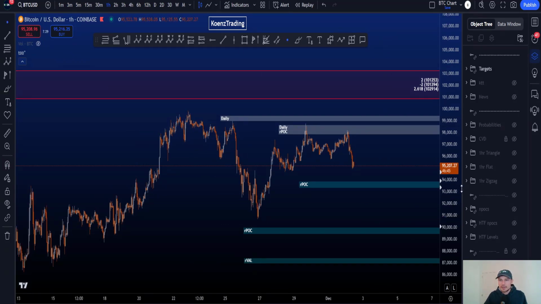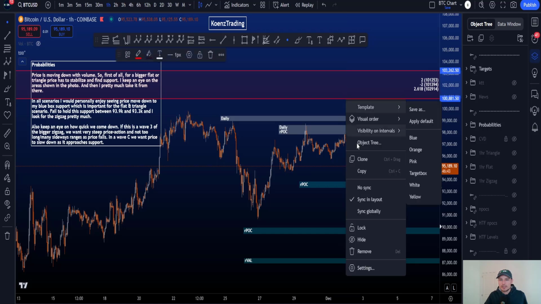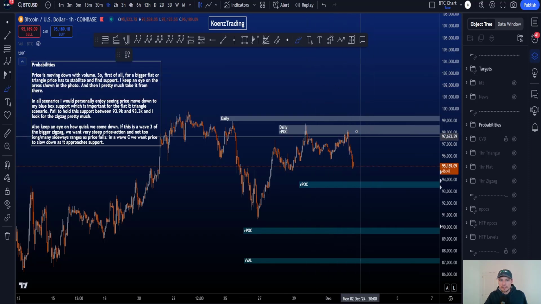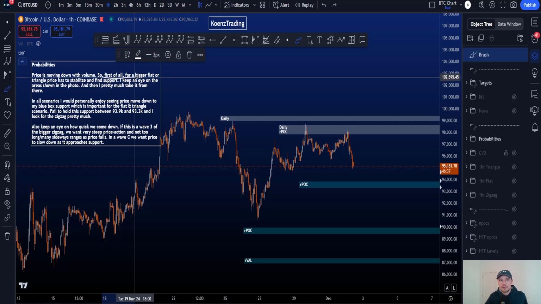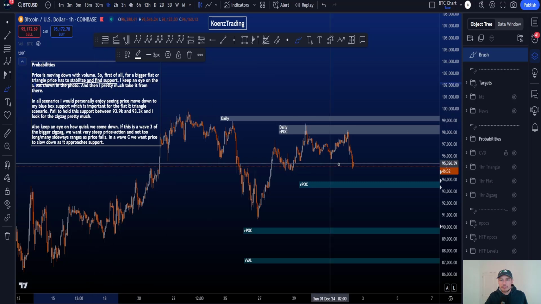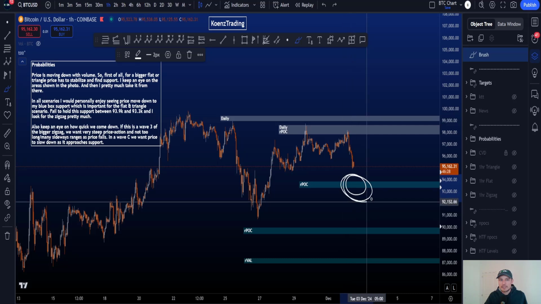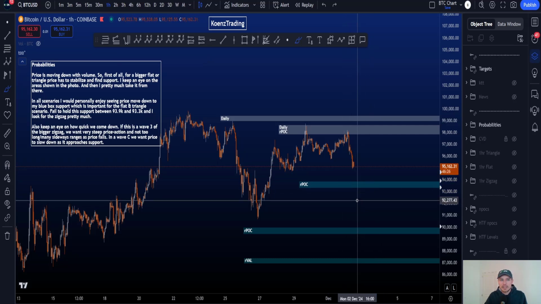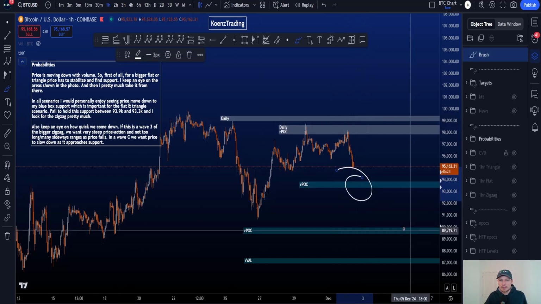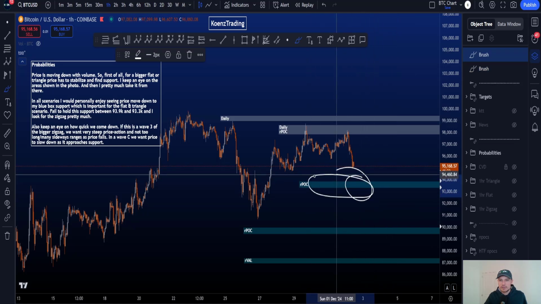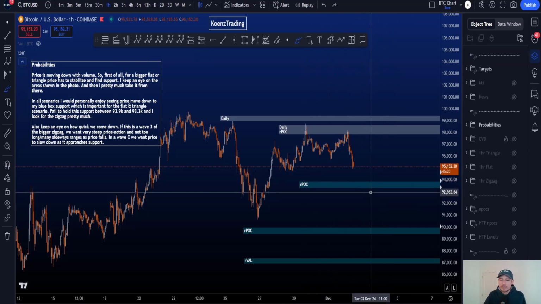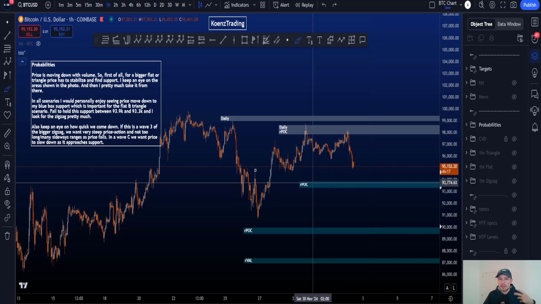And if we then look at the probabilities of the different scenarios, then at the moment, locally, price is moving to the downside, and we have a bit of volume coming in as well. So first of all, for a bigger flat or a triangle, price has to stabilize and find support, and preferably not move below this blue box over here. So I keep an eye on the area shown in the photo, primarily for the flat and the triangle, this blue box over here, and I pretty much take it from there,